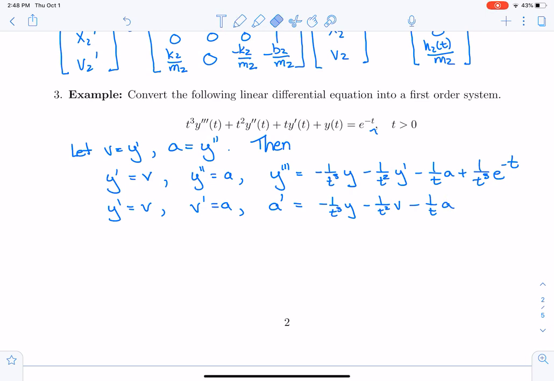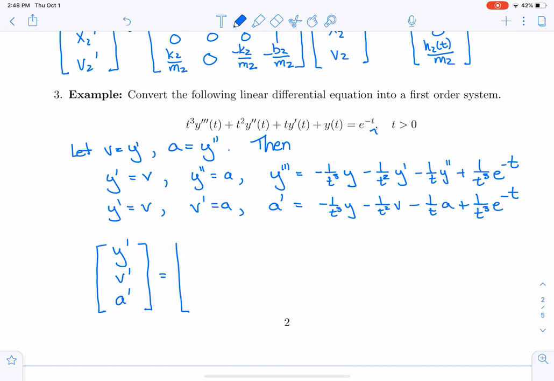I noticed that I wrote a there, but I meant to write y double prime the first time. And finally plus 1 over t cubed e to the minus t. And in fact, we can even write this as a system. We can think about this as the system y prime, v prime, a prime is equal to a matrix